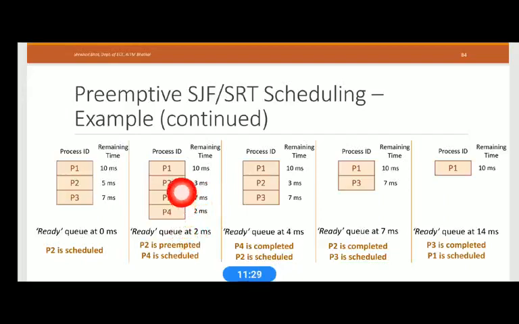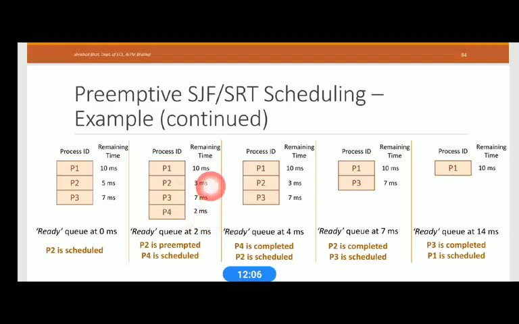P2 has already executed for 2 milliseconds and 3 milliseconds of execution remain for P2. The scheduler compares the currently executing P2, whose remaining time is 3 milliseconds, with the newly entered P4 process, which has an execution time of 2 milliseconds.